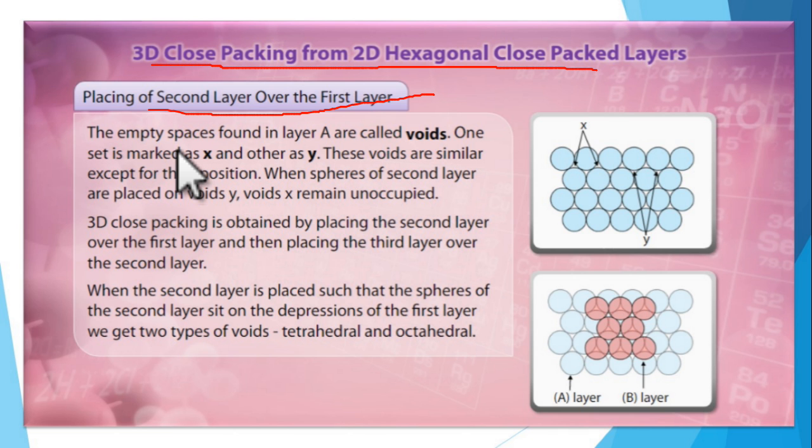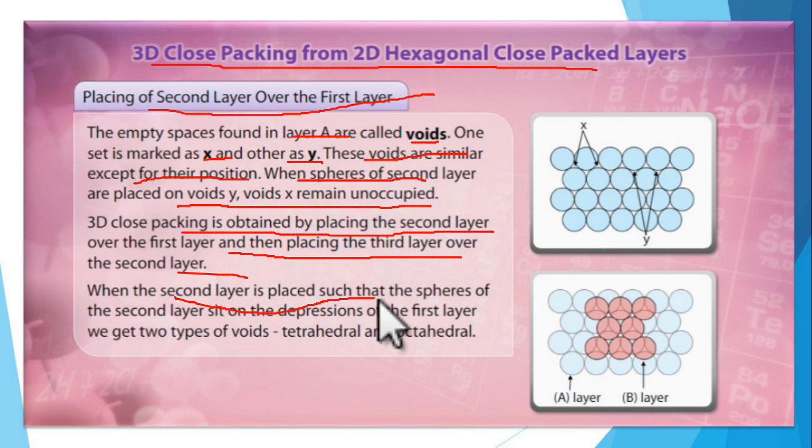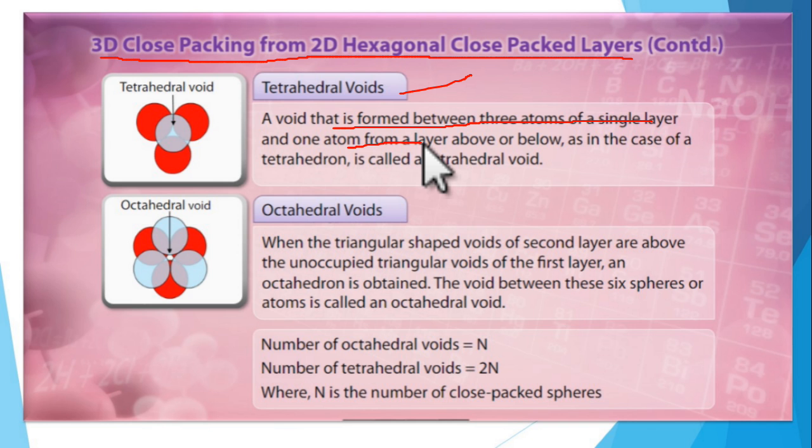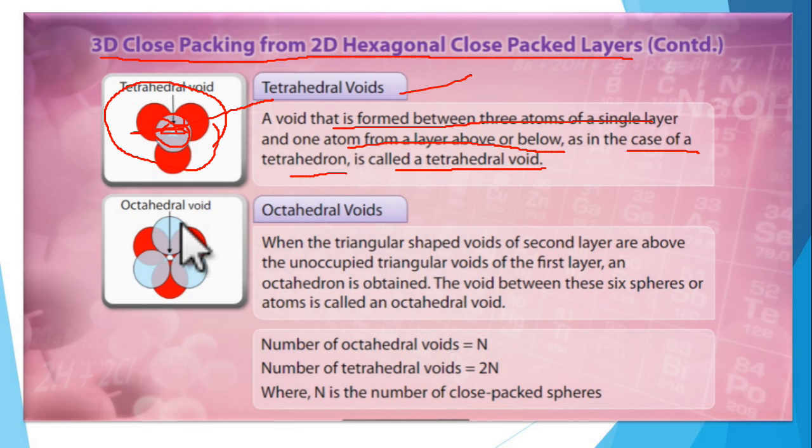Close packing in two dimensions. Close packing in two dimensions is obtained by stacking more rows of close packed spheres on one dimensional close packed layers. This can lead to two different kinds of packings. First one is the square close packing, second one is the hexagonal close packing. In a square close packing, we can see from this diagram, this is for a square in which one atom is in close contact with 4 other atoms only. So coordination number for square close packing is 4.